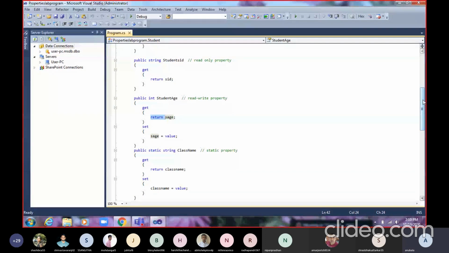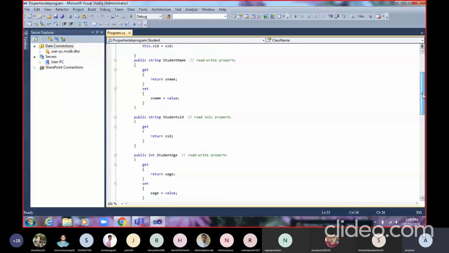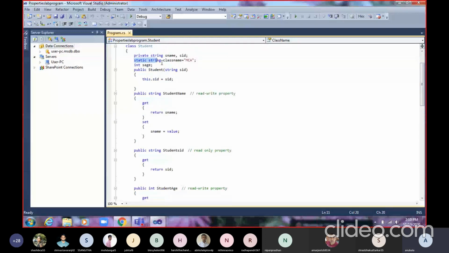So here get will be used to return that value because the value is already set. But if you want to set it, you can, but when you want to set it you need to use the class name. Here I have already set it at the start. So these are the three properties.